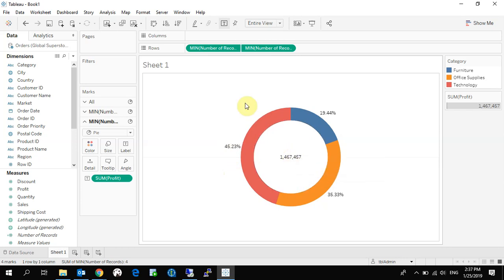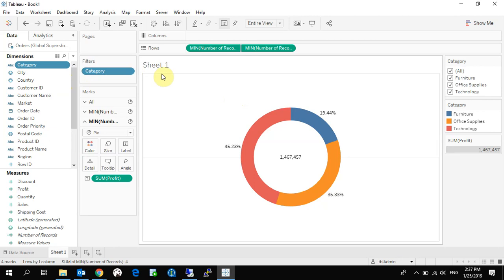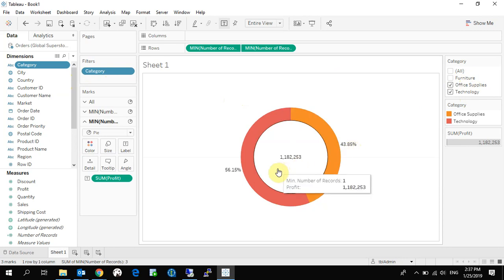So if we want to select only two categories to compare between them, we can bring category to the filters. Now we can see that we have category on filters, and we'll have it on the right above the category color legend, and we can select only two categories and see exactly how much each one represents from the total. Now you can also see that the total has changed and is the sum of only the selected categories,